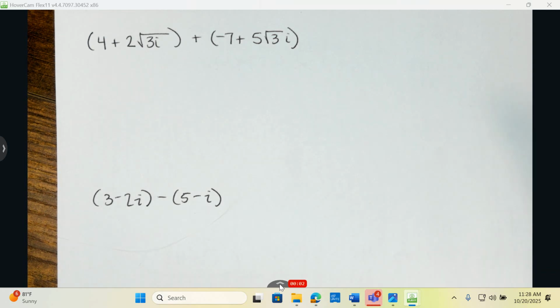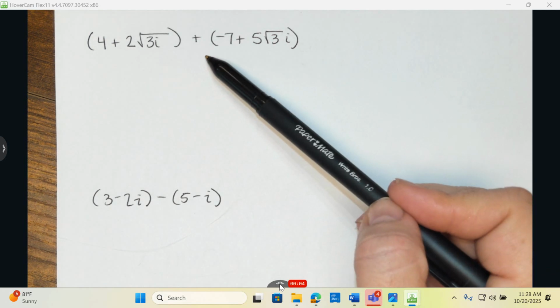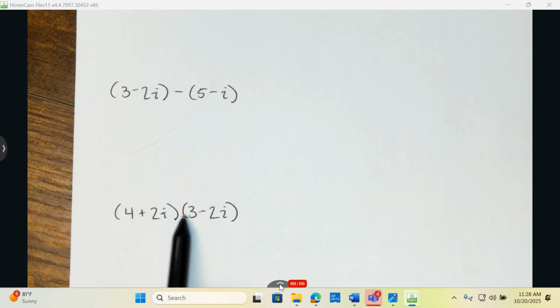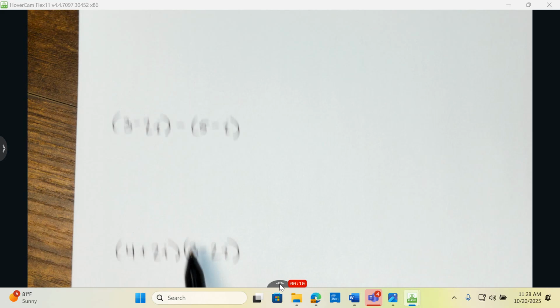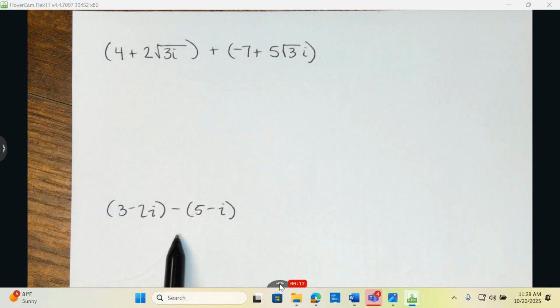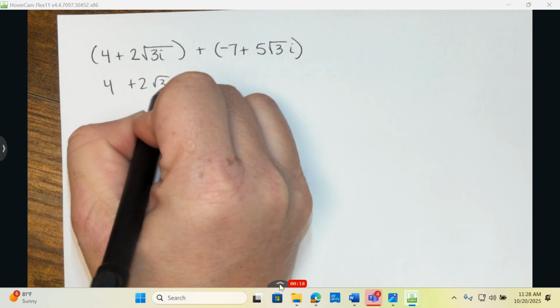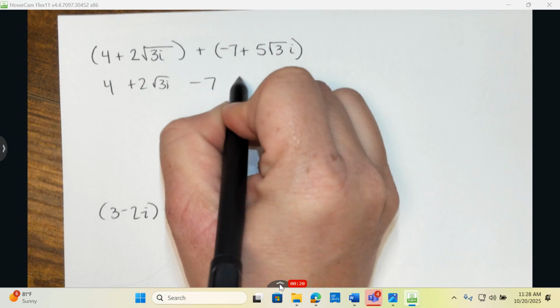Looking at 11 through 15, I want you to notice the difference between 11, 12 compared to 15. These are stuck by multiplication, so I'm going to use FOIL. Here I'm going to distribute if necessary and combine like terms. So when I distribute a plus sign, it changes nothing. And so as I look at this,